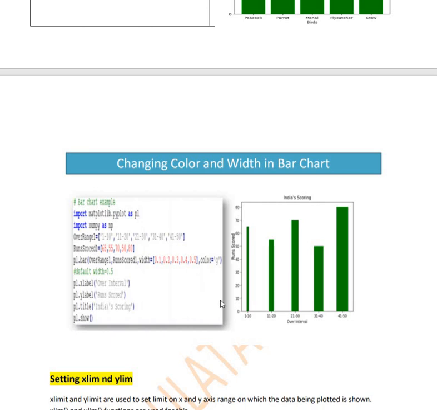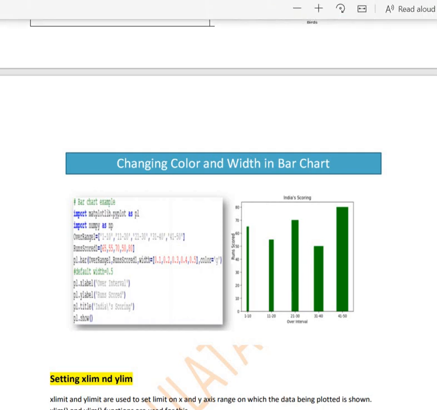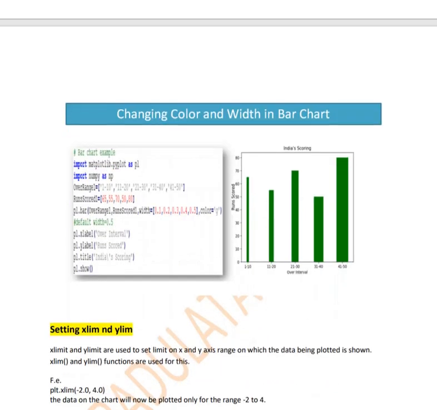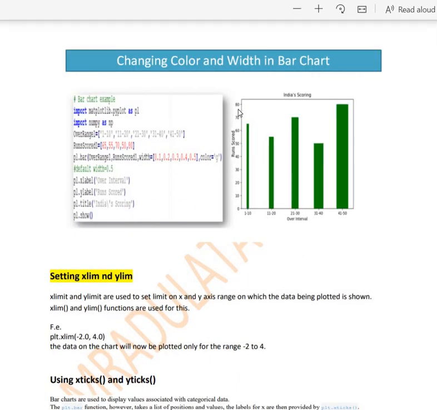If we do not give the width, the bar width by default is 0.5. Rest of the things are the same. Next thing to learn about the bar chart, or any chart actually, is making use of the xlim and ylim functions, because by default, if we do not pass values, the values used at the x-axis and y-axis are determined by the system.